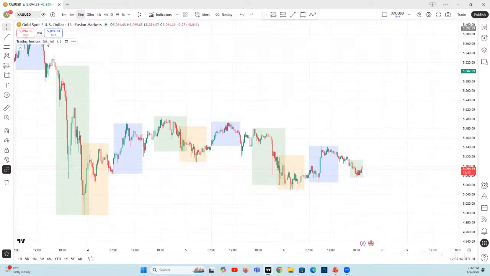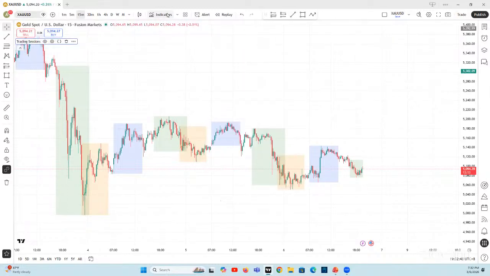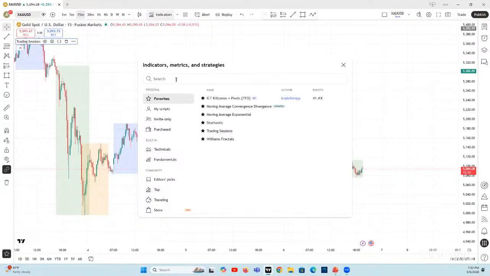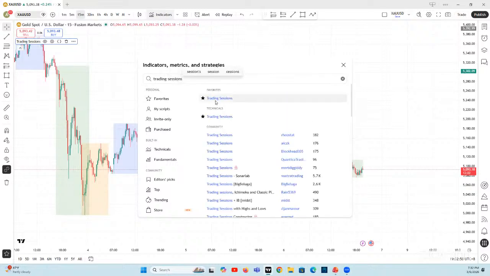Okay, there is an indicator here. It's called trading sessions. If you know this one, okay, trading sessions. You will go to indicators, trading sessions. There it is. By TradingView. Okay, these are the people who made other indicators, but this is from TradingView. Okay, just go there in the technicals. You will see it there. And when you click that,